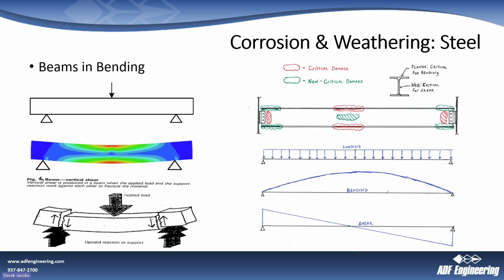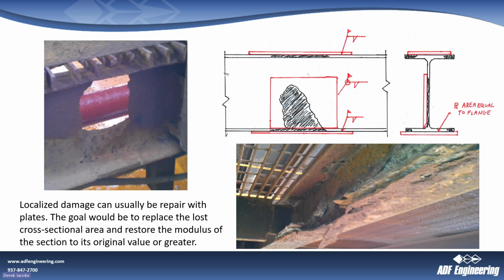So when we look at these repairs, we want to address those. So you have here a large corrosion in the web. I have a picture here with some corrosion on the flanges. And so when we see these localized damages, usually we can repair them, or the goal would be to repair these beams with plates to replace the lost, what we call cross-sectional area here. You can see here on this little side view, we've lost some area of the beam at the web and some at the ends. So we want to restore that area of the section, the cross-section of this beam by